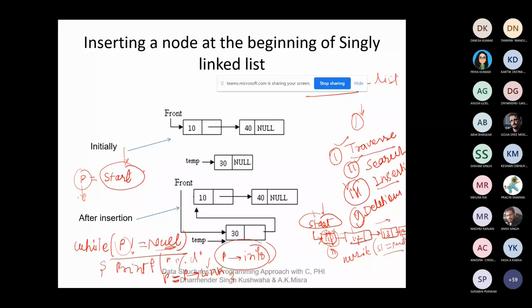If the list is empty, then what will happen? The loop won't start. If the list is empty, now I am saying you traverse the list, but you find out the list is empty. Ma'am, if the list is empty, that means start is a null pointer. So if we write p is equal to start, then we are basically writing p is equal to null. So while p not equal to null will be a false condition, so the loop won't start.